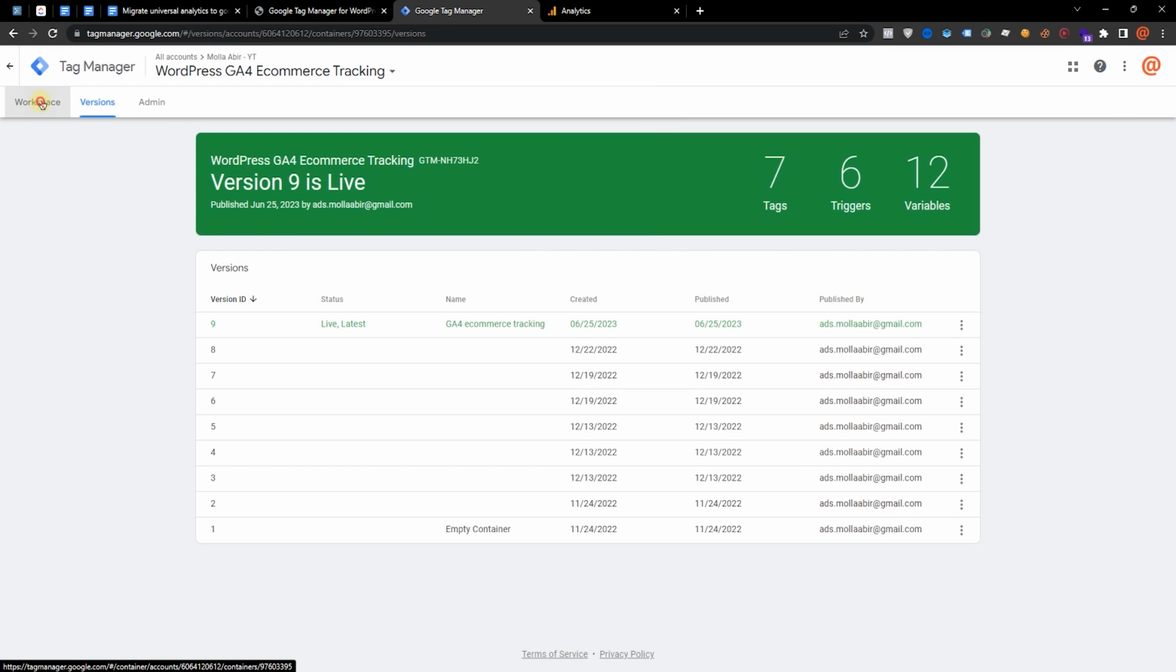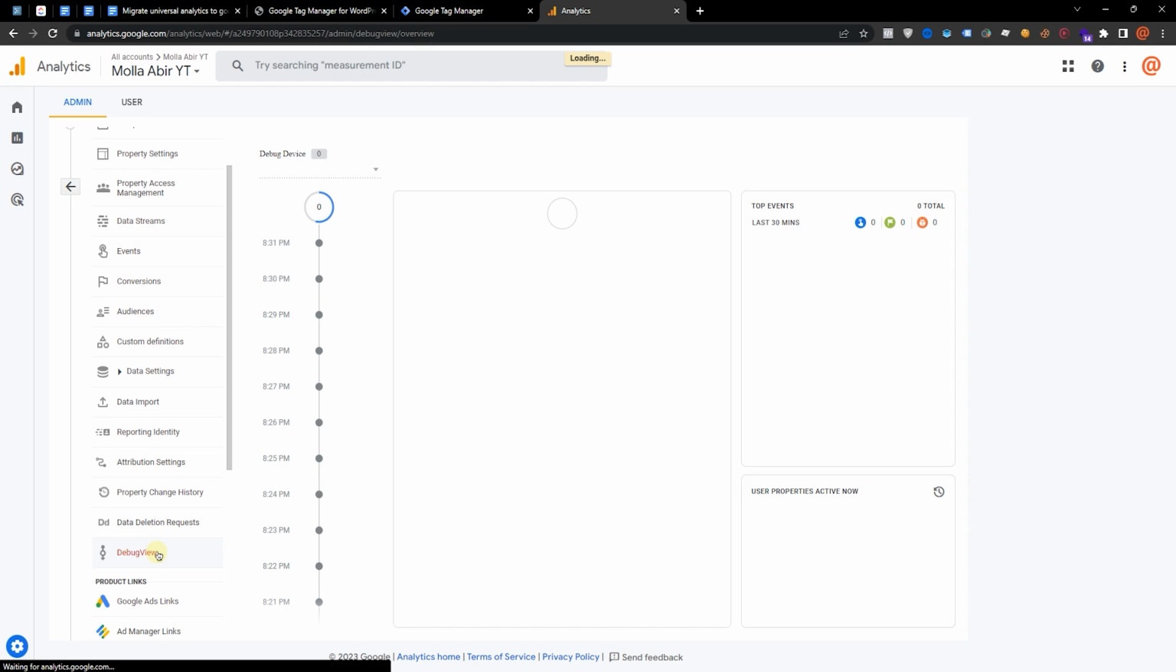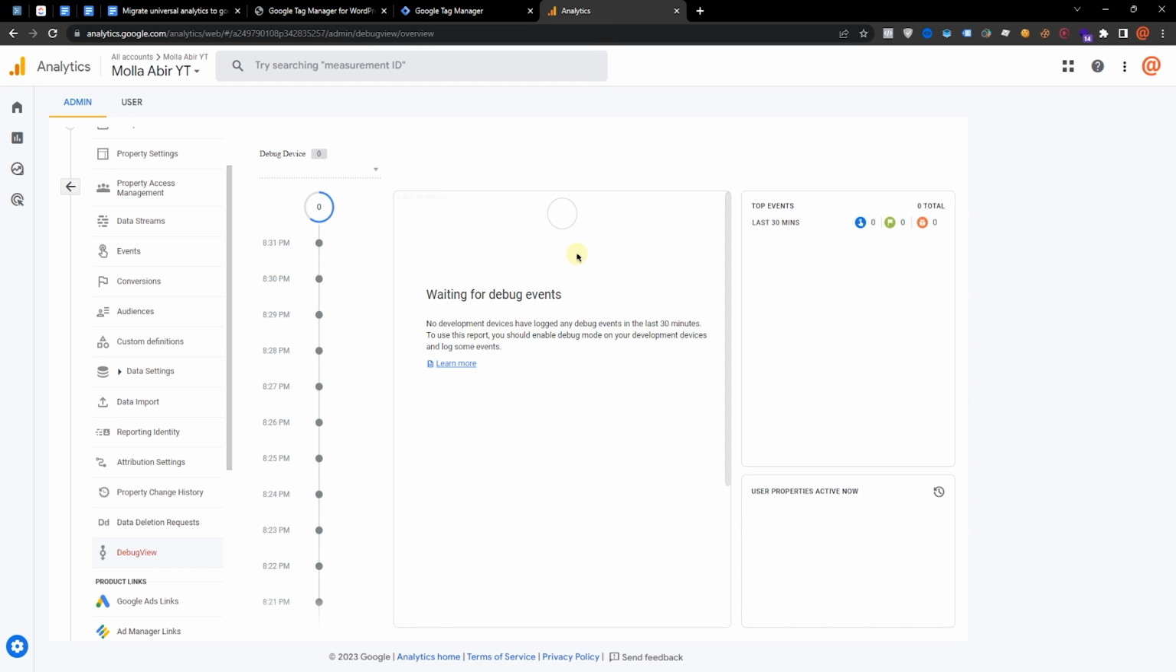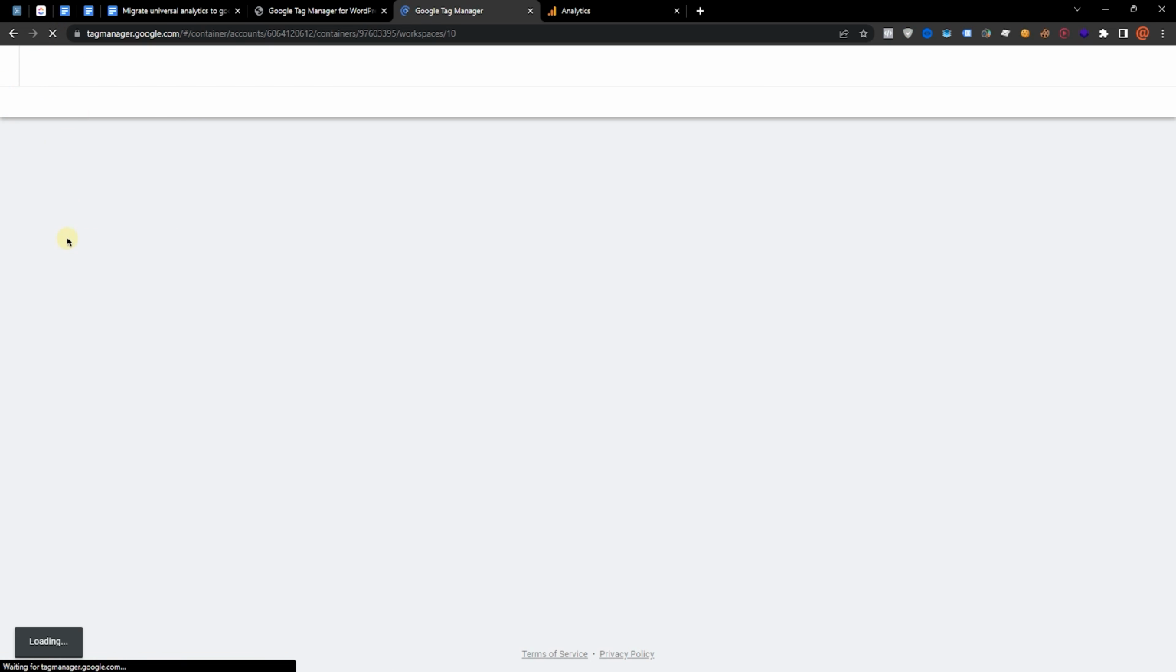Now we will check whether our tags, triggers, and variables are working or not. Now select the workspace and go to the analytics debug view and wait for debug. And if I reload the pages,